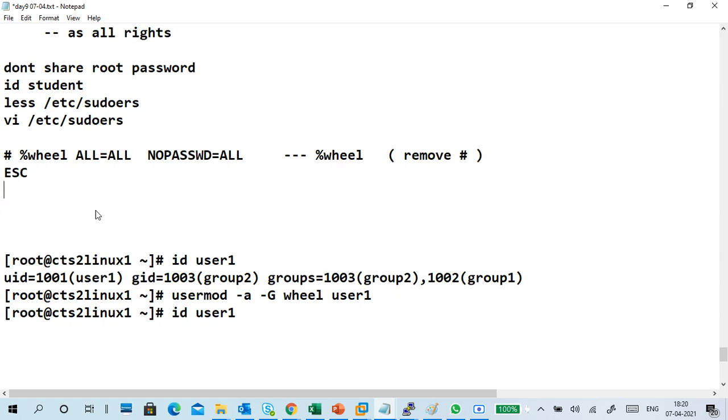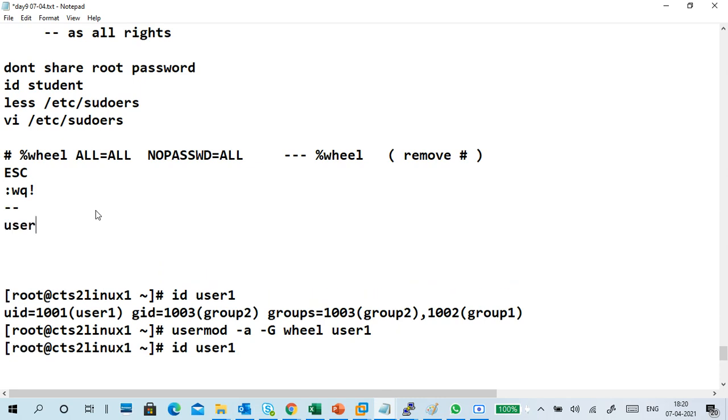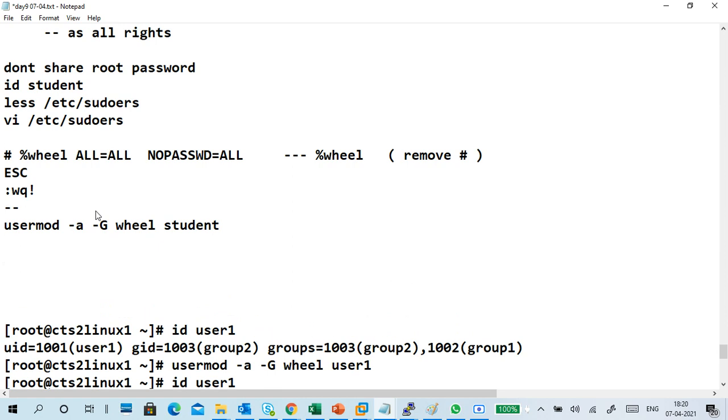Then escape, colon wq with the exclamation mark, because you have to override. Next usermod -aG wheel student.